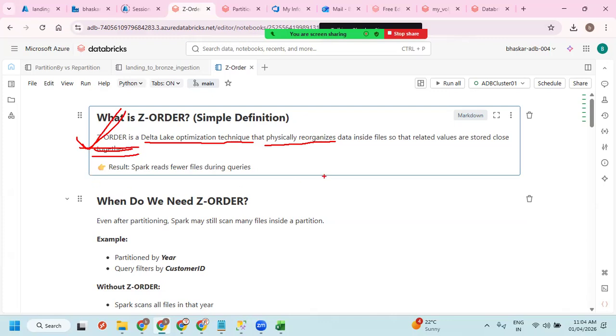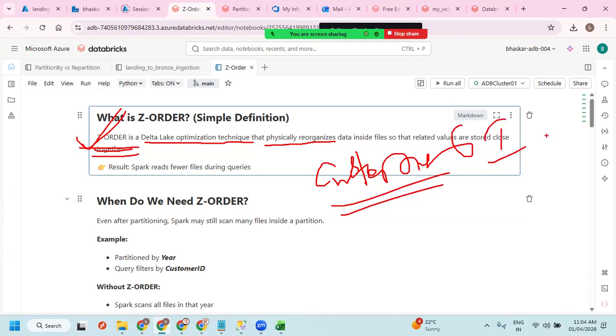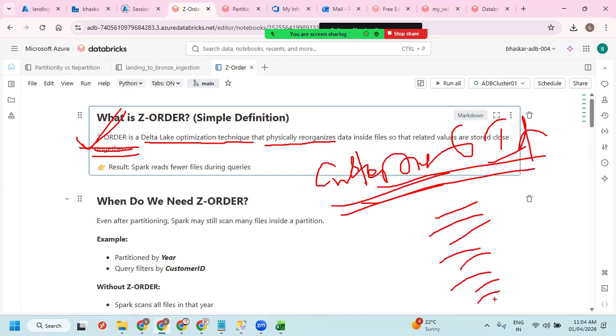Okay, so when we have a customer table, I wanted to create a partition on the customer ID. Definitely, if you go and create a partition with the customer ID, then too many customers will be there and too many partition files will be there.